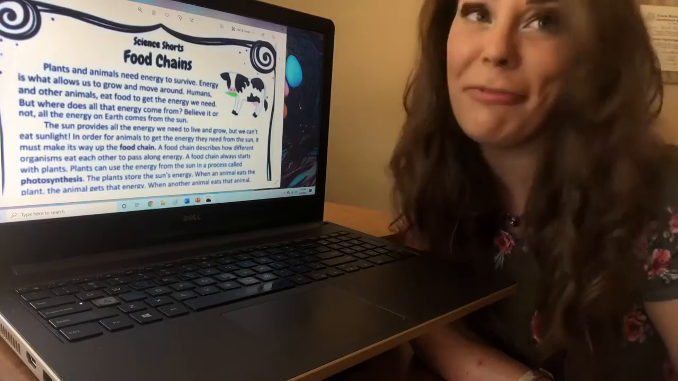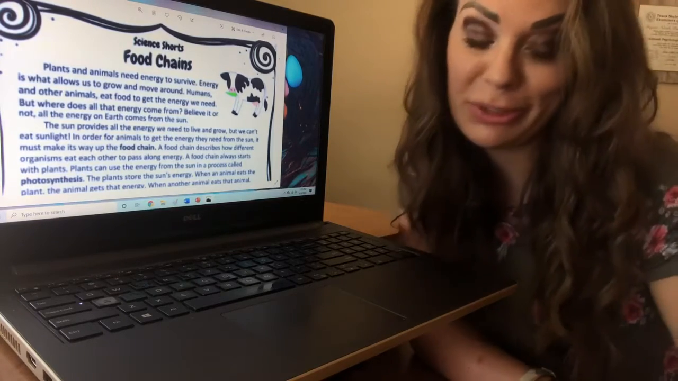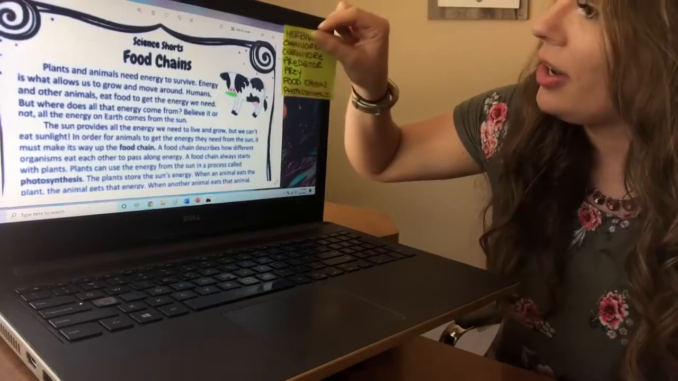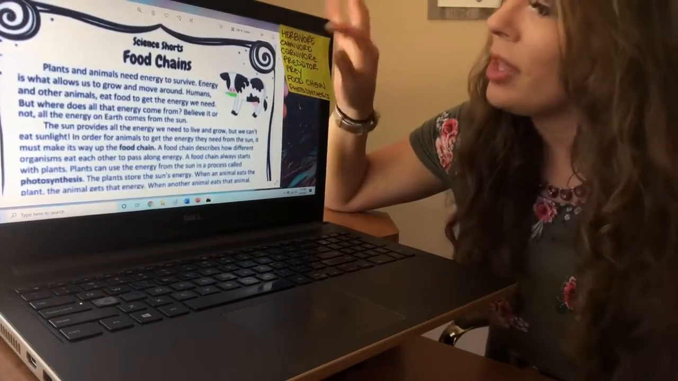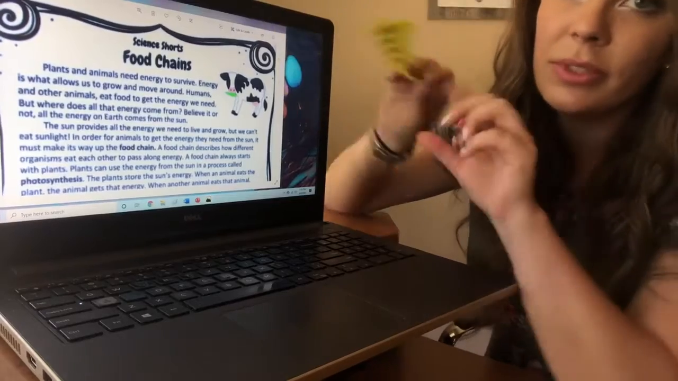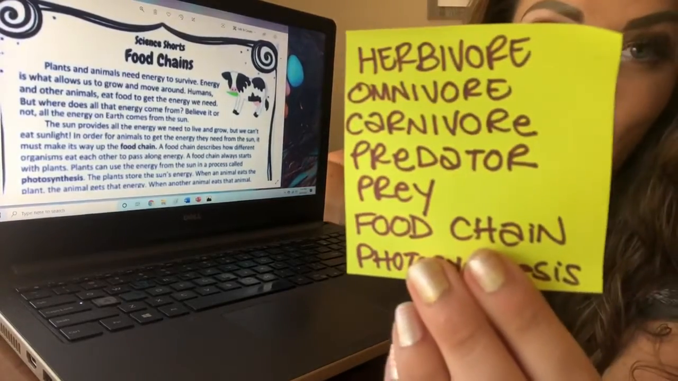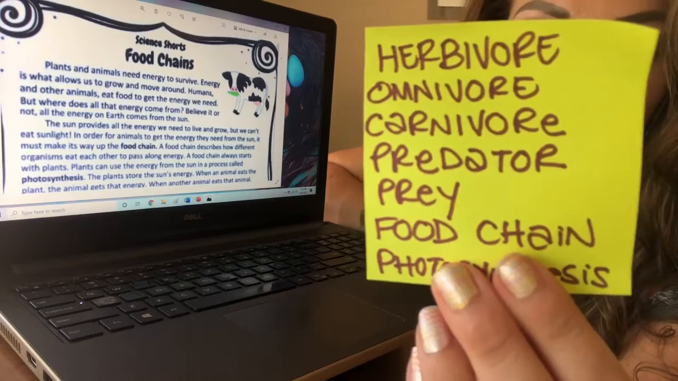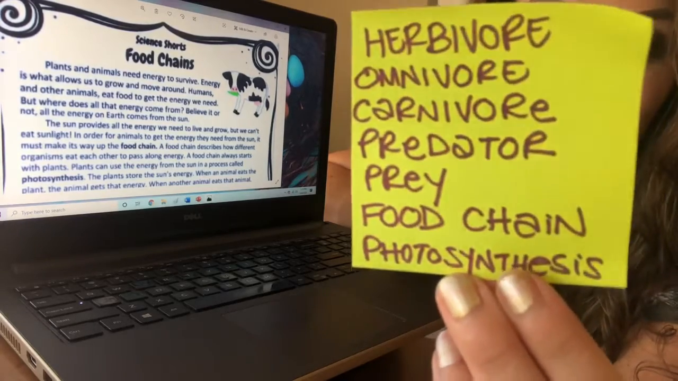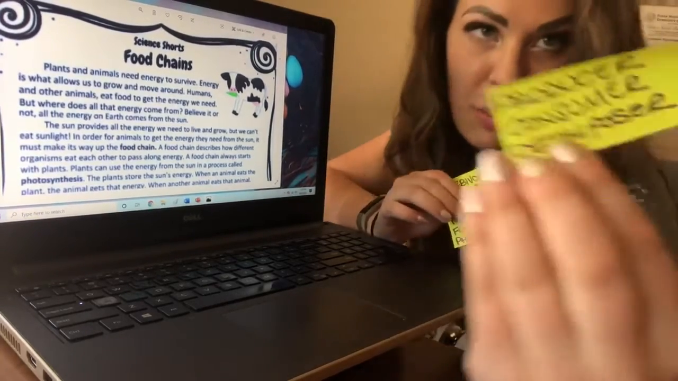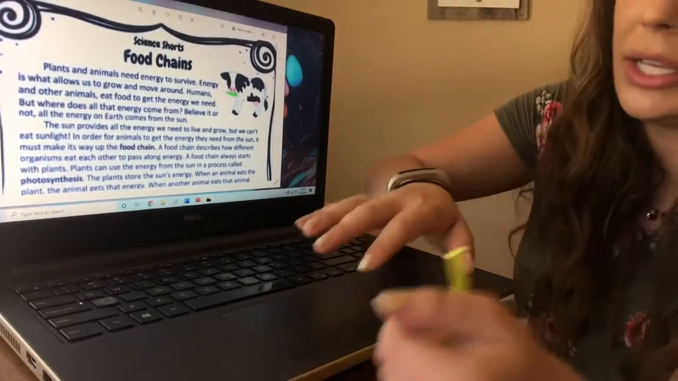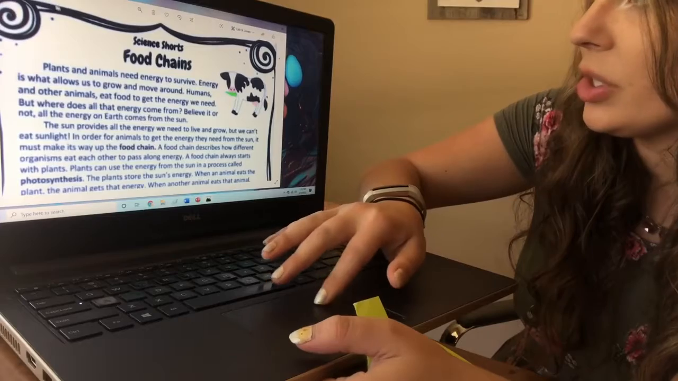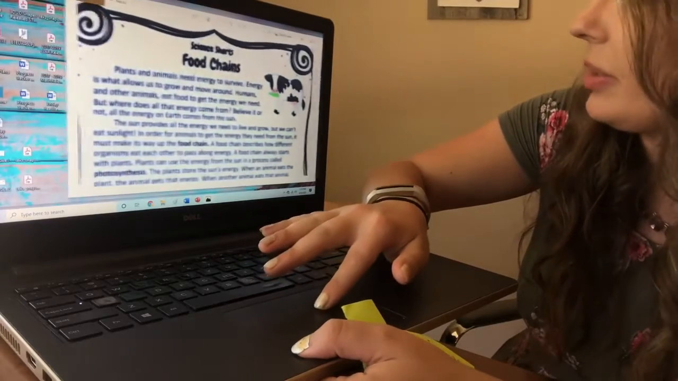We're gonna read about food chains, and while we do so, let's keep an eye out for our vocabulary words. We have herbivore, omnivore. Can you see that? Herbivore, omnivore, carnivore, predator, prey, food chain, photosynthesis, producer, consumer, decomposer. So we are gonna keep an eye out for those words while we do our reading, our vocabulary words for